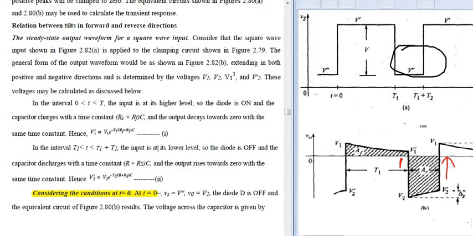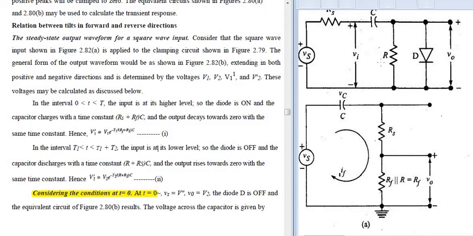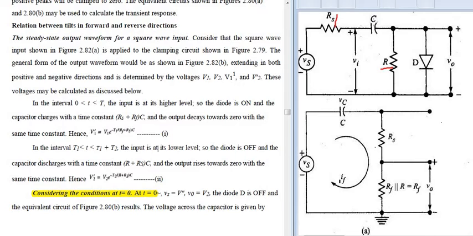So at this output, in the second part, where your time interval is between T1 and T1 plus T2, in this time interval your output will be rising towards 0 with the time constant. What is the output that you are going to calculate over here? V2 dash. Here we are going to calculate V2 dash, and that V2 dash is equal to V2 into e to the power of minus T2 over the time constant where your capacitor is discharging, that is nothing but total (R plus Rs) into C.